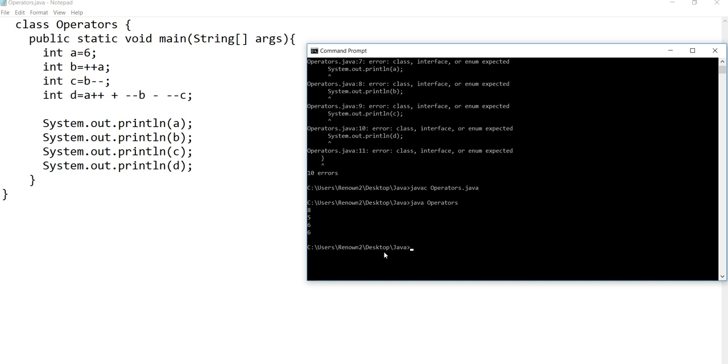Second, they can be applied only to variables, not to constants. And last, increment and decrement operators cannot be nested; it should be straightforward.